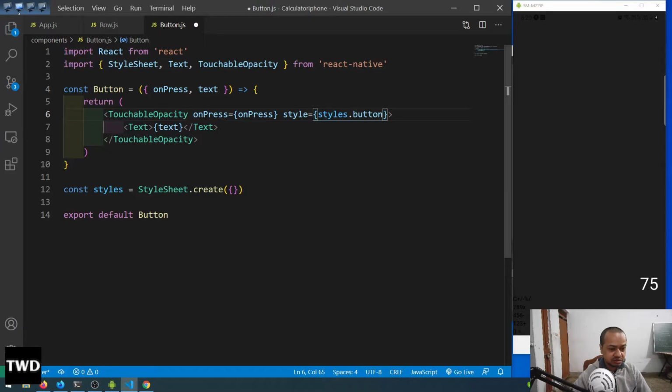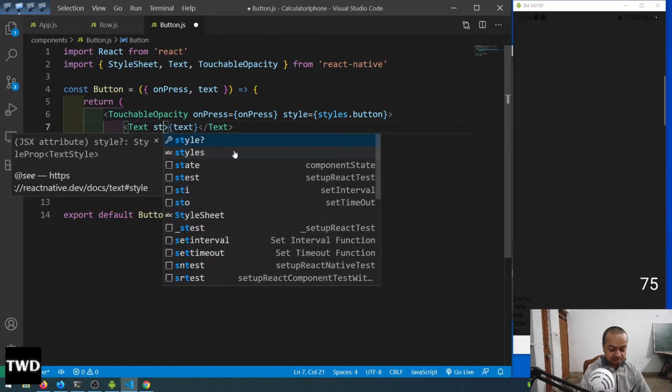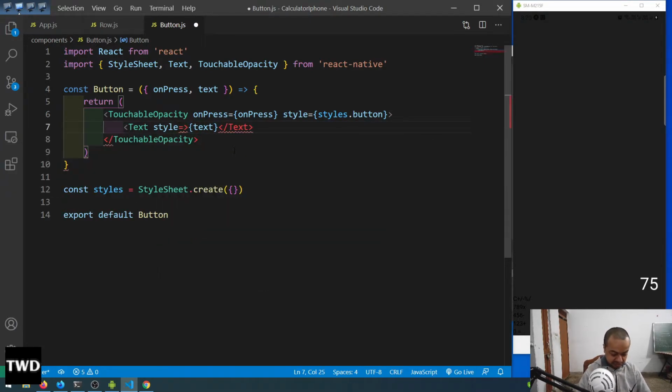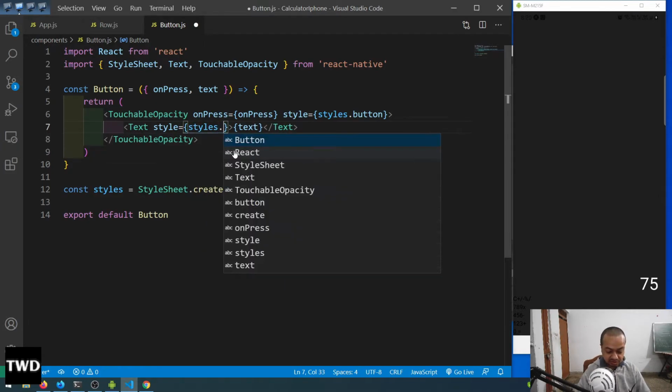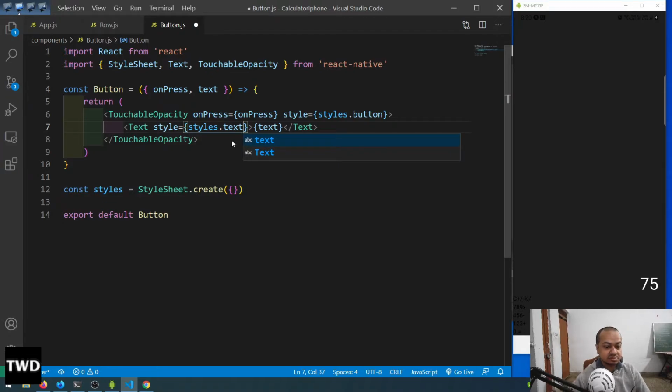So we will do this here, style equal to styles.text. Okay, and we want something more from React Native. There is something known as Dimensions, because in React Native we can get the window dimension. So we will add that thing, and